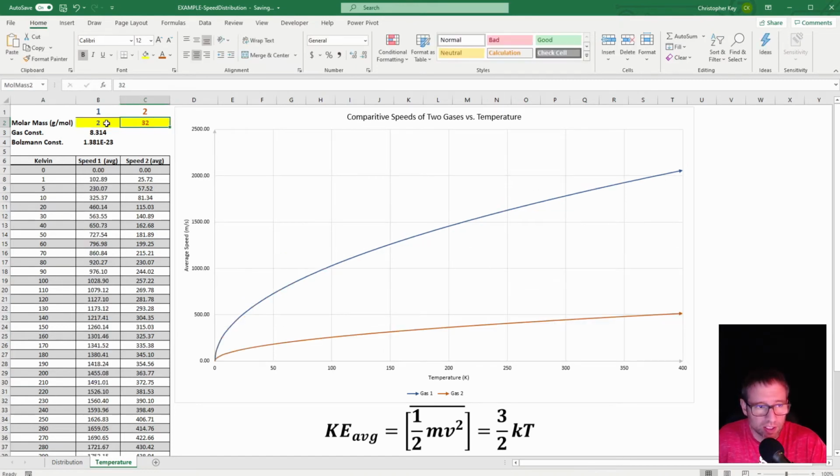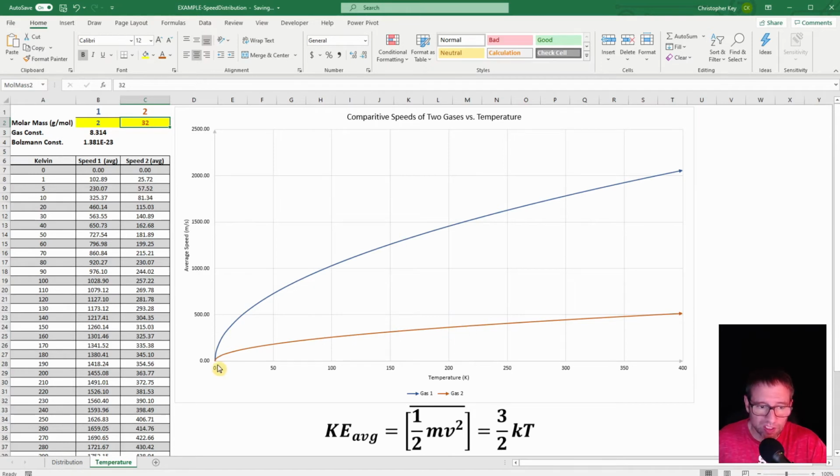And then we take a look at something that's heavy, like oxygen. We can see very clearly, as we would expect, that as we increase the molar mass, it's going to be moving at a slower average speed. Certainly, I put our formula down here so we can reference that. Of course, as we increase this molar mass, our average velocity is going to be decreasing. And we can see that in the graph here.